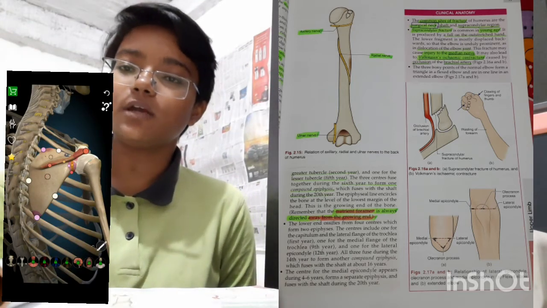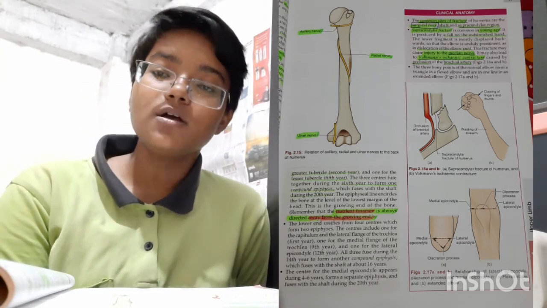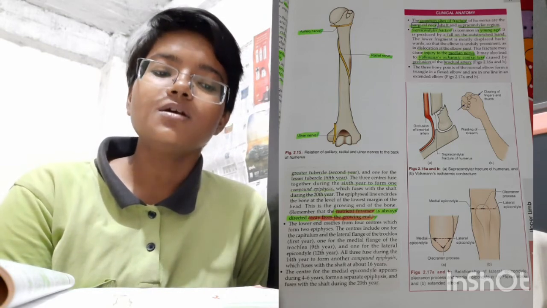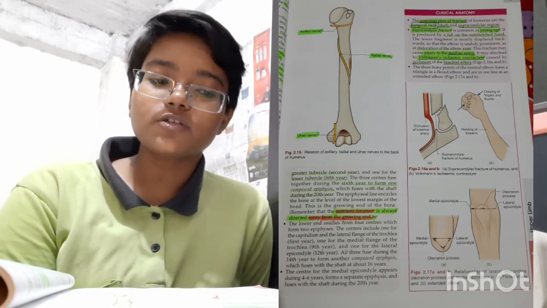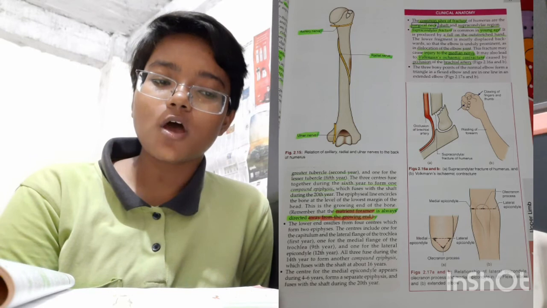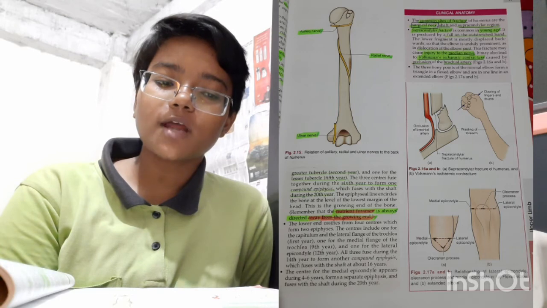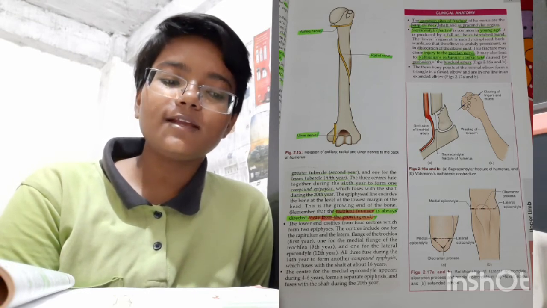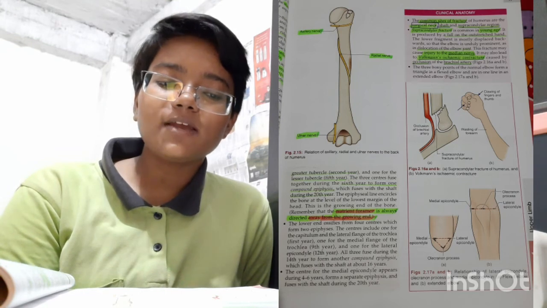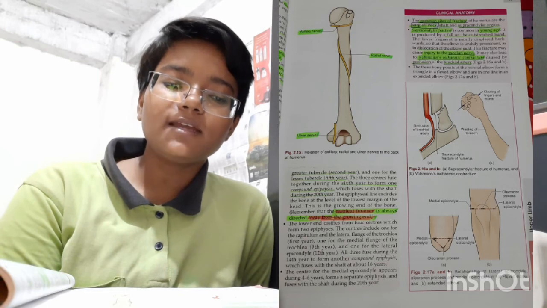Now, clinical anatomy of the humerus. The common sites of fracture of the humerus are first the surgical neck, second the shaft, and third the supracondylar region. Supracondylar fracture is common in young age. It is produced by a fall on the outstretched hand. The lower fragment is mostly displaced backward so that the elbow is unduly prominent, as in dislocation of the elbow joint. This fracture may cause injury to the median nerve. It may also lead to Volkmann's ischemic contracture caused by occlusion of the brachial artery.